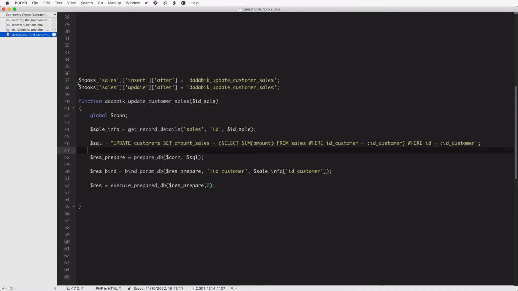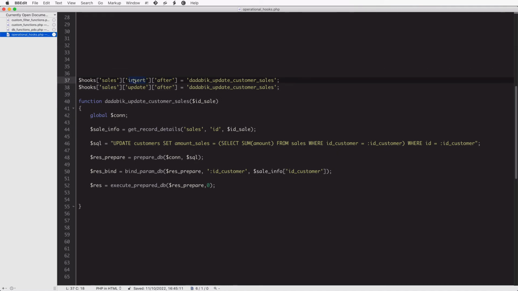So as you can see, this is the syntax I use to define a hook, an operational hook. So it's $hooks, it's an associative array. So the key here is the name of the table, so sales. Here we are saying that for the sales table, we define an after insert hook.